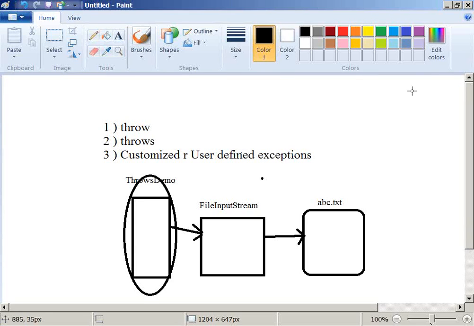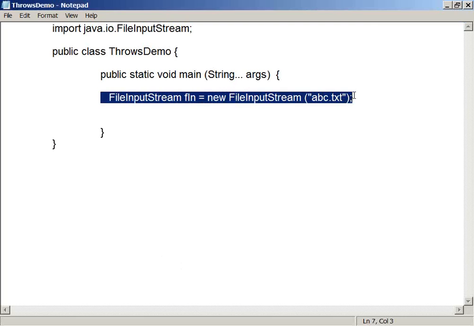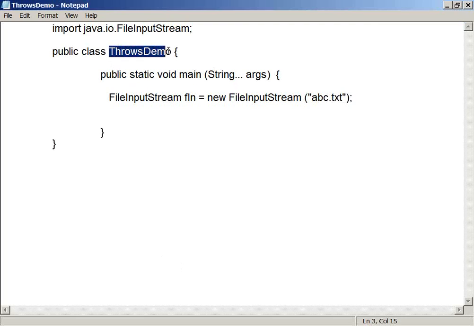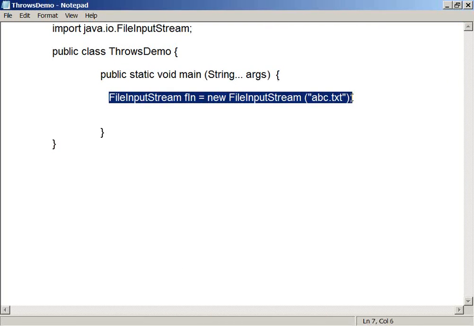So let me write my program here so that we'll try to understand. This is the statement which is reporting to your method. This method is trying to use this statement, and this statement is reporting to this method. But if the file is there, I am fine.